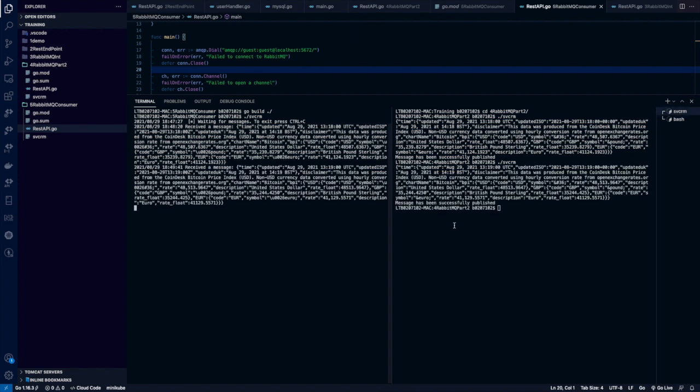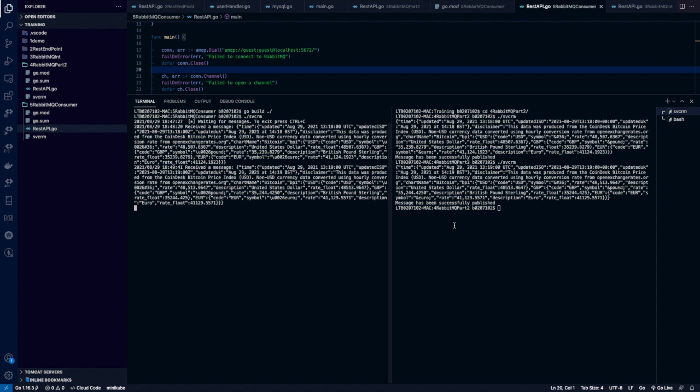And yes. So now guys, we have covered the whole integration in 4 videos. In the first, we called the REST API. We took the help of Golang and Postman to generate the code for calling the REST API. In the second stage, we wrote the code for the publisher.